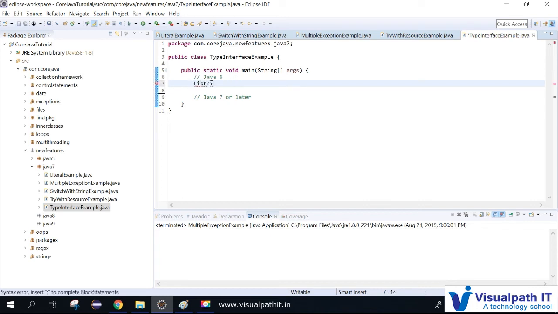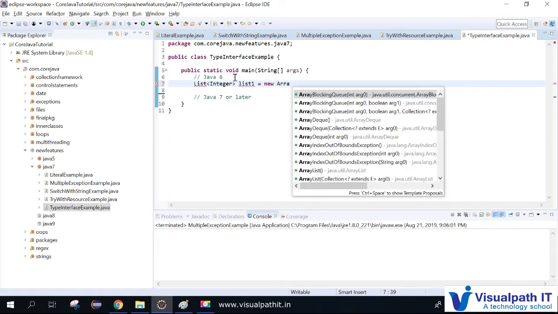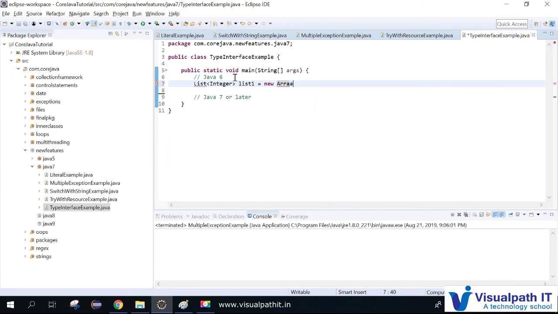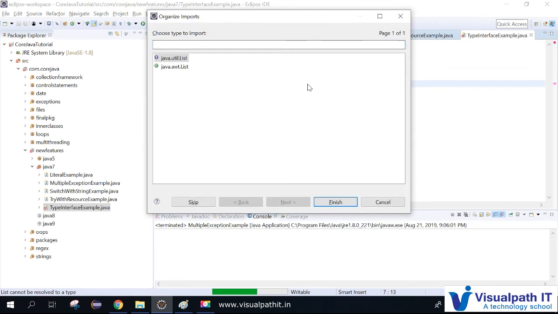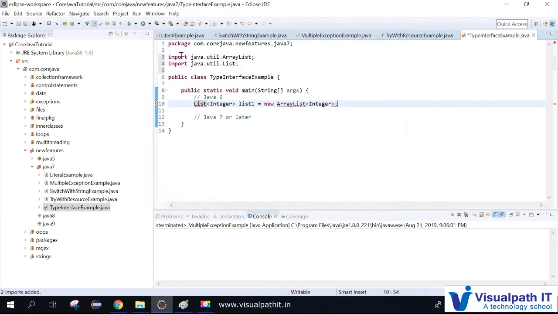List integer, list1 equals new ArrayList. Then you have to declare the type, whatever type you have in the declaration, you also have to mention the type. I'm just doing imports. I'm using the shortcut Control Shift O, which shows you the suggestions.